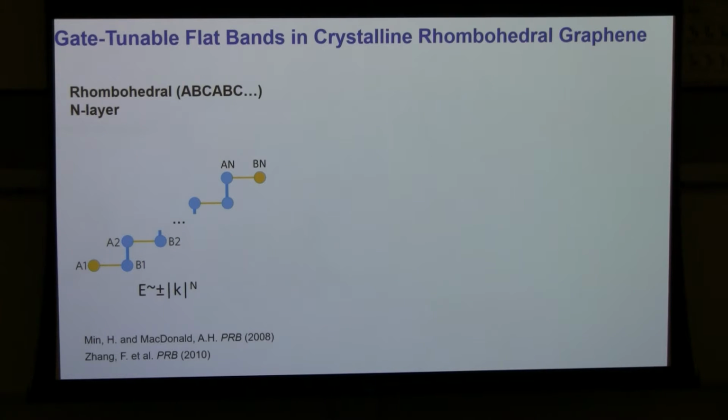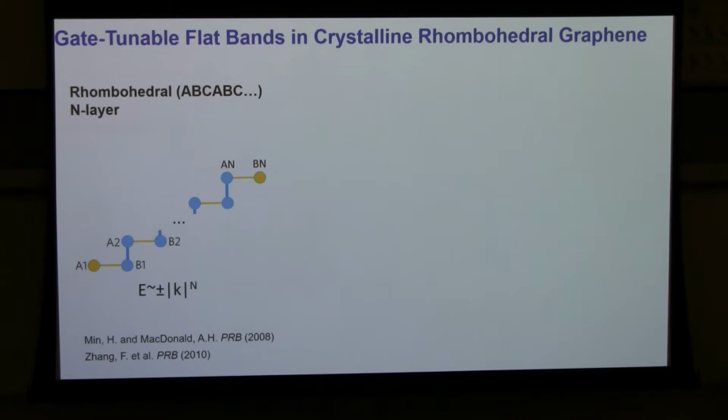I'm taking two atoms or one unit cell from each layer, and in the ABC stacking order, they just form this kind of staircase structure. And if I ask how does the band structure of rhombohedral graphene look like, all that matters for low energy is the electron coming from this A1 orbital and this Bn orbital, because all other things in between strongly hybridize and push themselves away from zero energy. This interlayer hopping energy here is on the order of 400 meV, which means if we're only interested in something that happens on the order of tens of meV or less than that, we only need to consider the wave function at this orbital and this orbital.